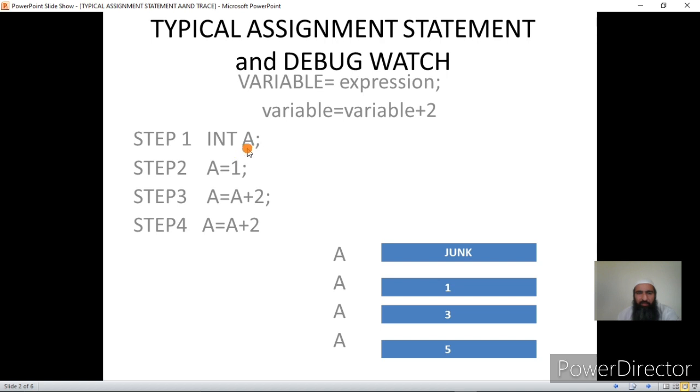I declare a variable a, then I assign a value 1 to a, then I write a statement a is equal to a plus 2. The first one is a declarative statement, the second one is an assignment statement, the third one is also an assignment statement, and the fourth one is an assignment statement. The indication that a statement is an assignment is that it has an equality operator, on the left hand side it has a variable, and on the RHS it has an expression or a constant. So this is an arithmetic expression and this is an arithmetic expression, and here we have a constant.